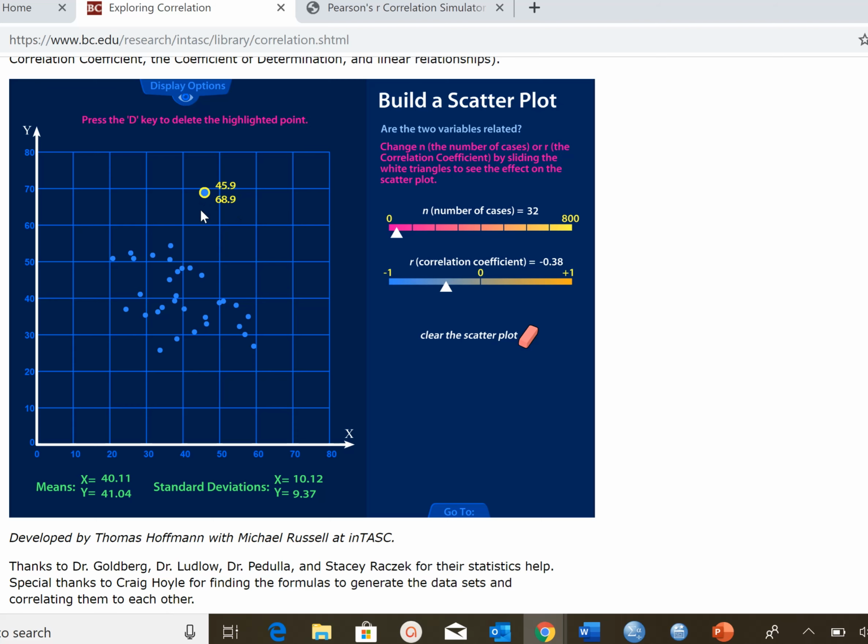With small samples, there's a couple cases where there are outliers. So let me just move this case way up here and see what it does to the correlation. It jumped all the way to negative 0.52, or if I moved it down here, it basically wiped out the entire correlation. So with small samples, one or two outliers can cause a lot